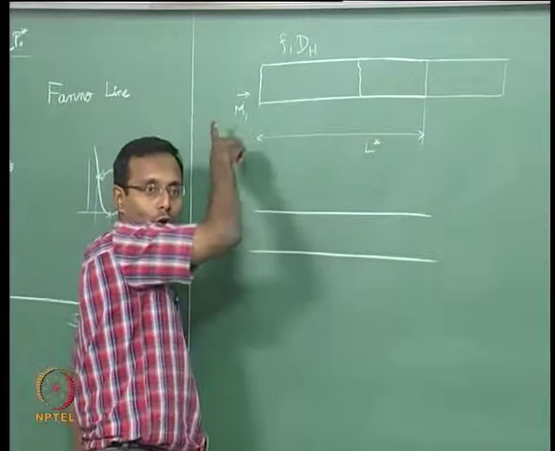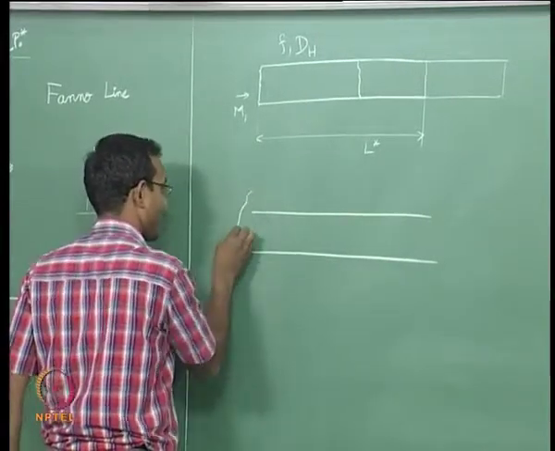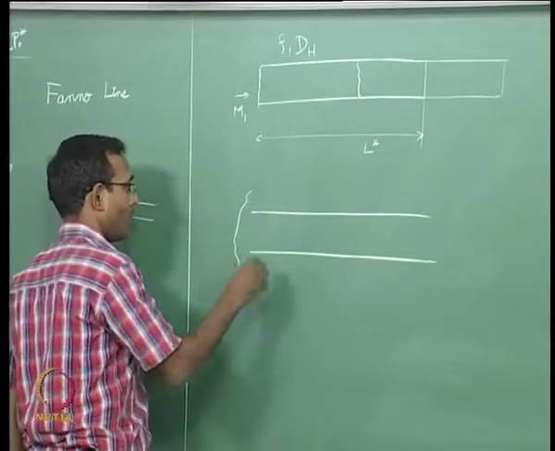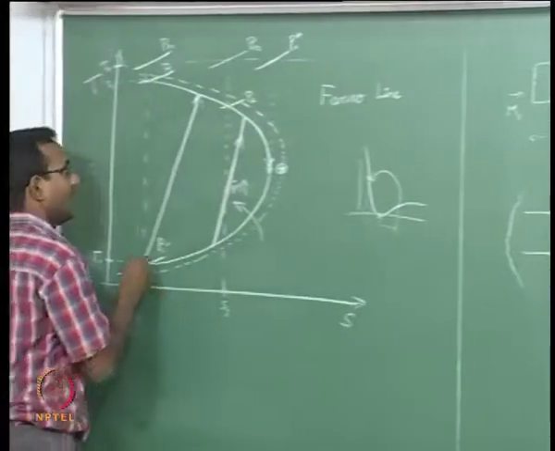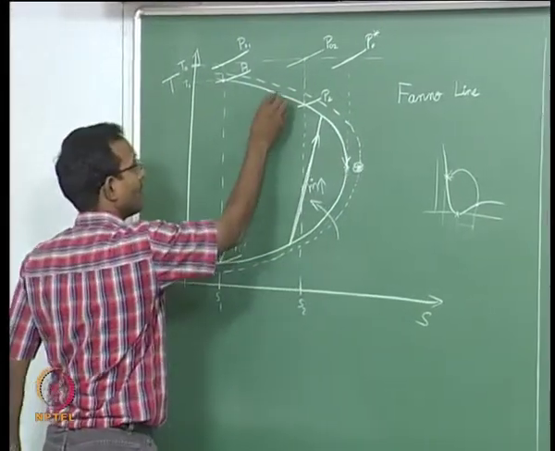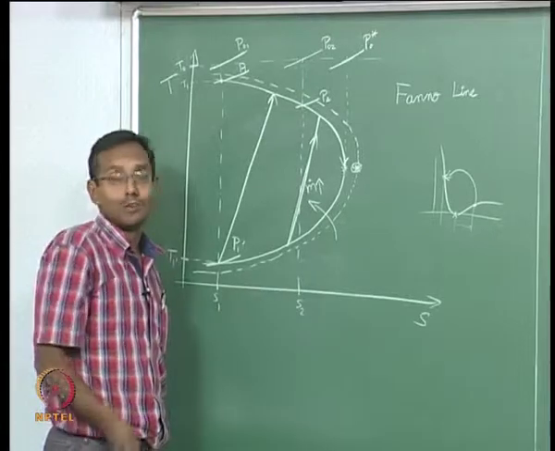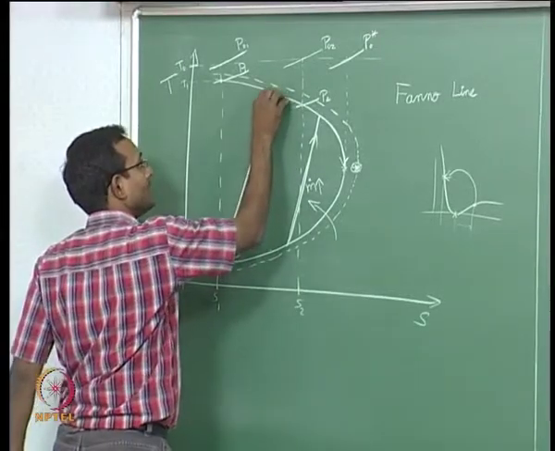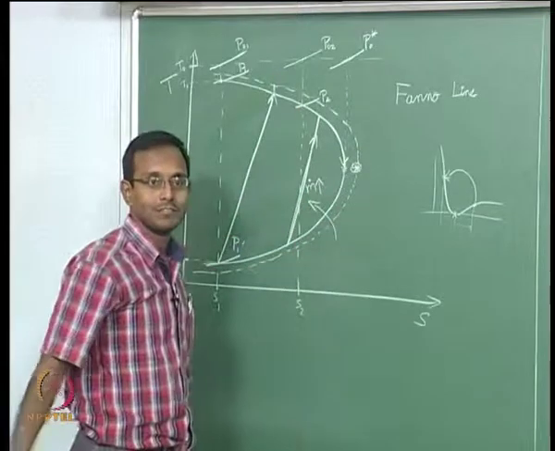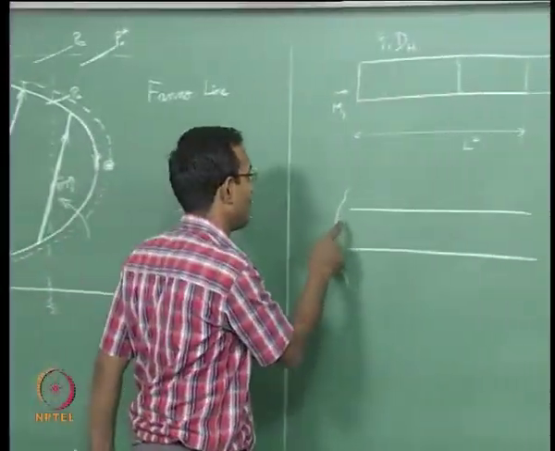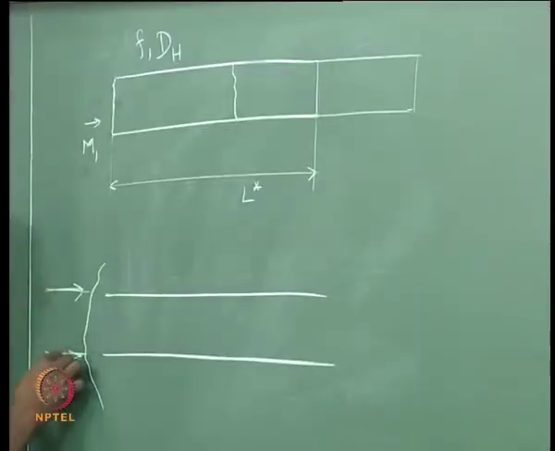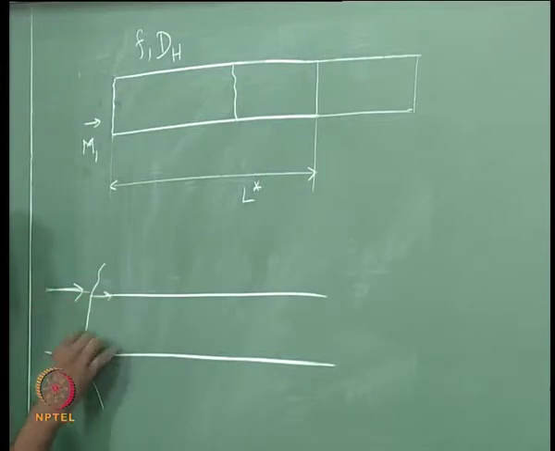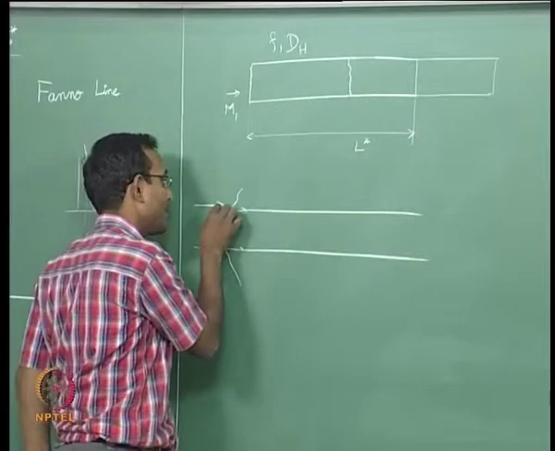If I increase my length any more, then the shock will go sit outside here, and now it is a completely subsonic problem, and I am going to say the length is not enough for this. What will it choose now? It will choose a subsonic solution there. It will just jump up and go from that direction after that. What happens to the remaining mass flow? It came in with the same streamlines. This much of area should have gone straight inward, but because of this bow shock sitting outside, there will be a part of the flow that will be turned out.